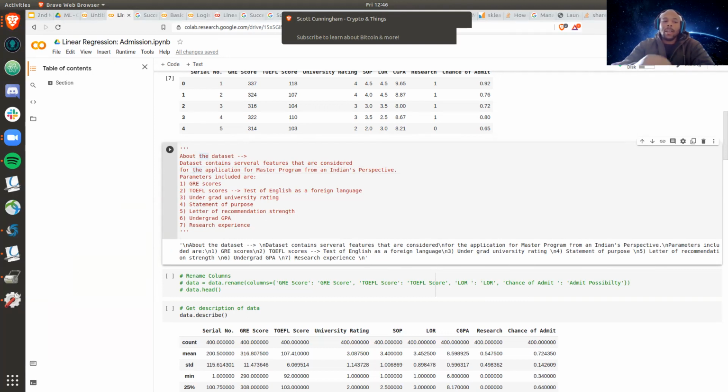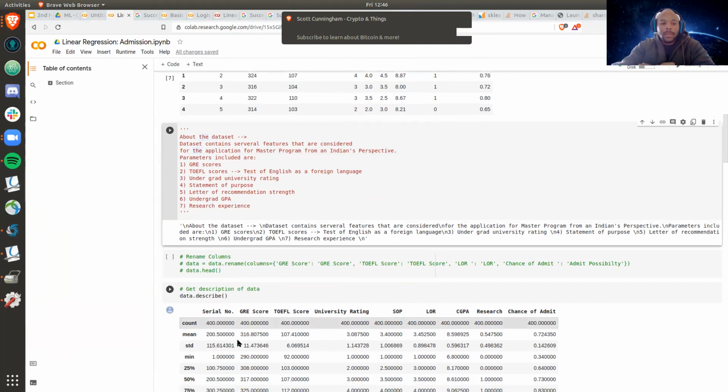This will predict your chances depending on your score, your statement of purpose, your letter of recommendation, or your GPA, and determine your possibilities of getting into that university. So as we go down,